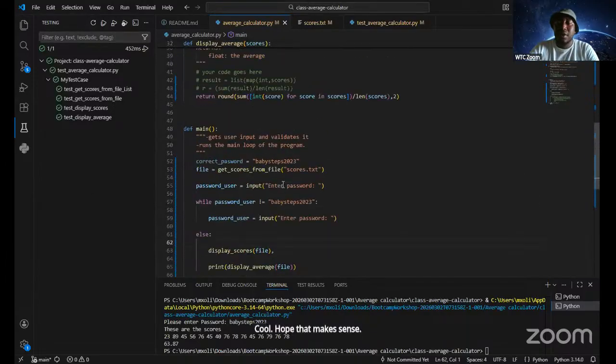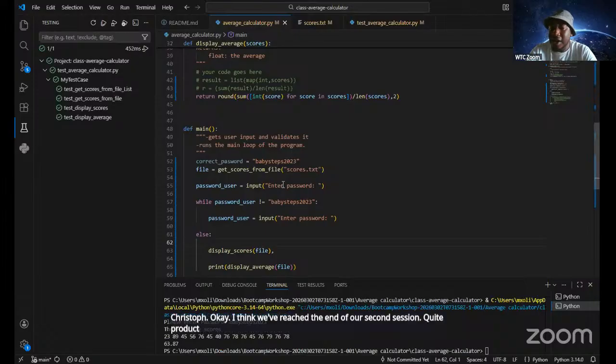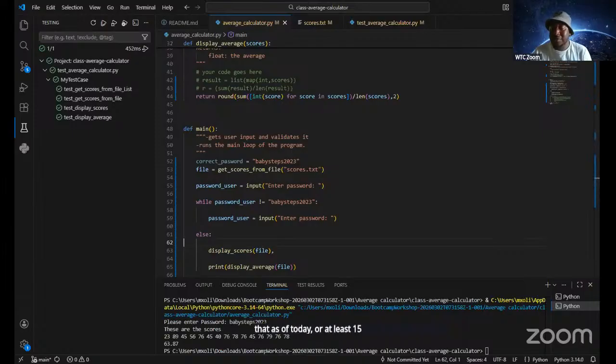Great stuff. Okay, I think we've reached the end of our second session. Quite productive. I won't give you anything to work on over the day. I just want you to spend the rest of today, or at least 15 minutes of your time, to reflect, update your journal, reflect on the past 3 days, the fundamentals that we've done, and what you have picked up so far, right?